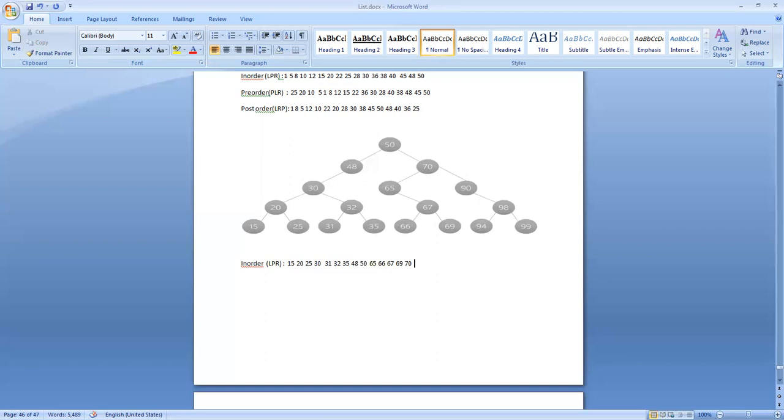Then the right child, 90. 90 is a parent, but it doesn't have any left child, so we can write straight away, right? 90. Then the right child, 98. 98 is a parent, so the left child, 94. Then the parent, 98. Then the right child, 99. In order. So you look at this, the numbers are in ascending order.